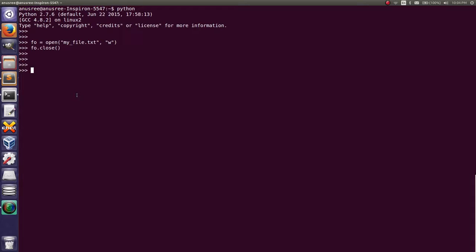Next, I am going to write something to this file. For that, we have to once again open the file. File object equal open. Name of the file. Type the mode, write mode. Okay. Then write something. Then file object dot write